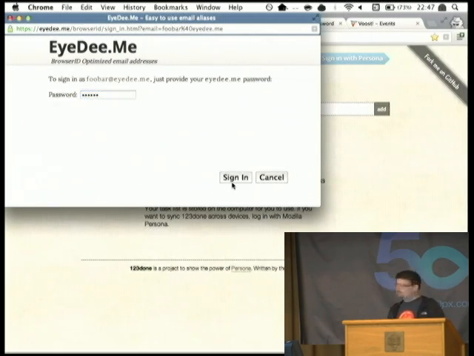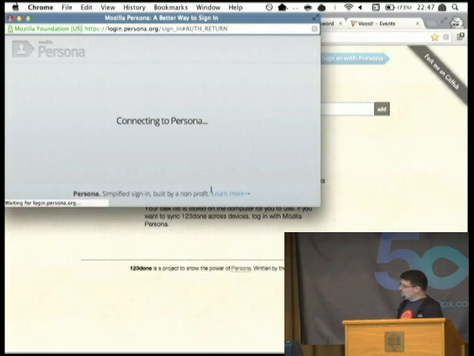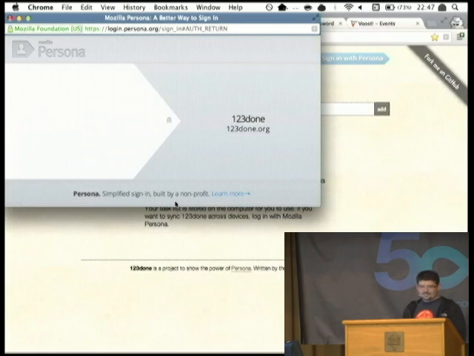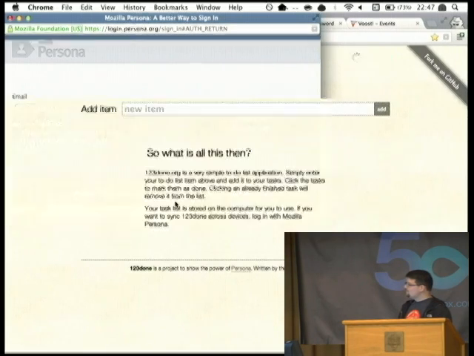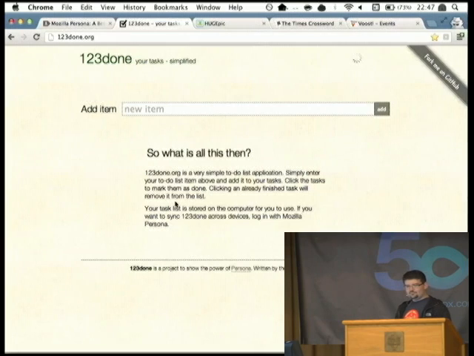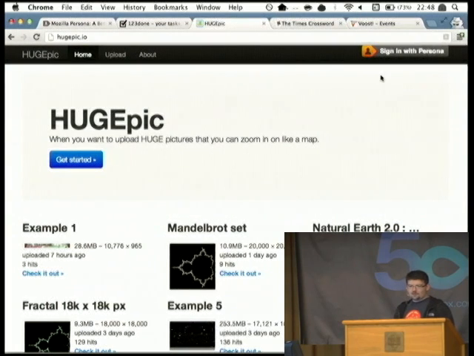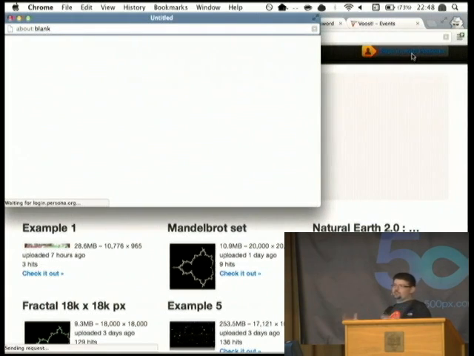I click sign in, and in my recording I missed it, so I clicked it again. Comes back to Persona, address verified, does a little bit of computation, and I'm signed in. Done. Not too bad, right? But let's look at another site, hugepic.io, which lets me upload really, really big pictures and